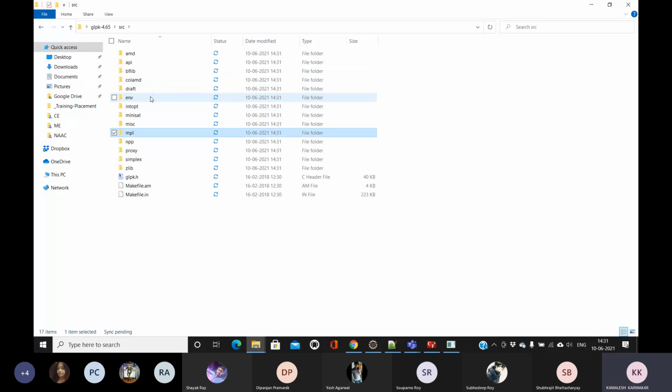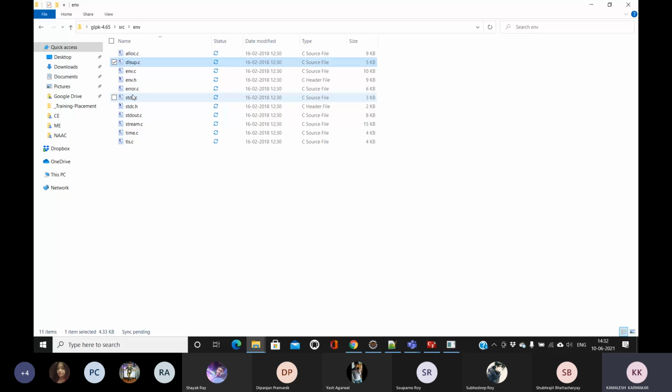This is a software which is written in the C programming language. Now you can see that this is a header file, .h, so it's a C header file. Now if I go to any of these folders, these are the C programs.